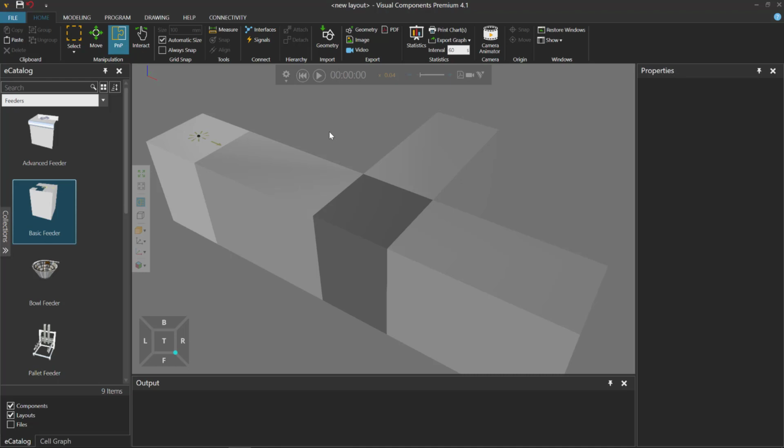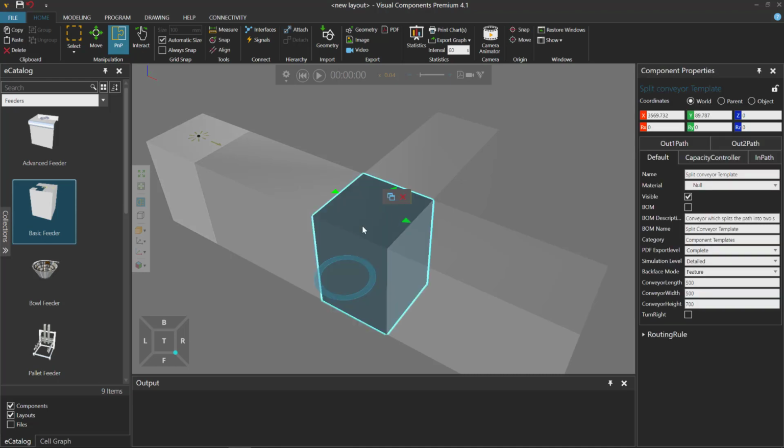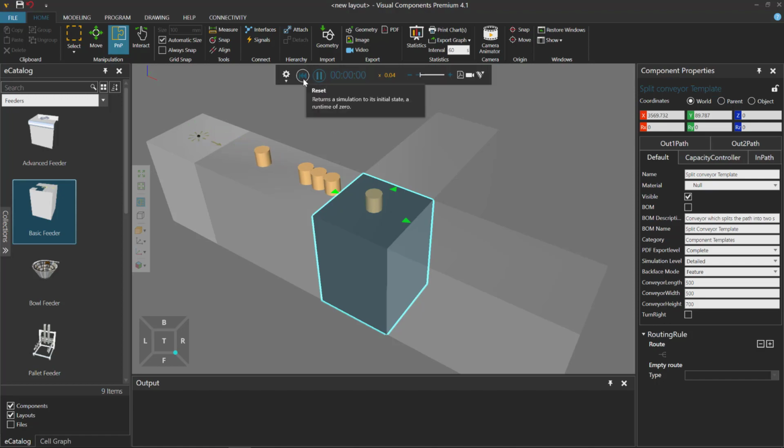So if you are an Essentials user, you could follow along or create your own add-on. I'll select my split conveyor, go to its routing rule, and delete what I just did. So now we have an empty rule. Parts can flow into our split conveyor and be contained there, but they can't be transferred out. We don't have a rule for telling the part where to go or where to send it.